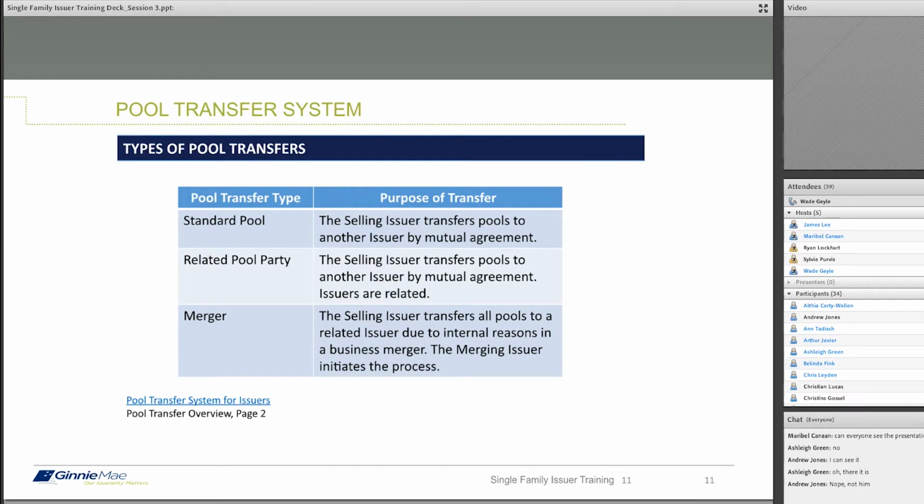You have the standard pool transfer. The selling issuer transfers pools to another issuer by mutual agreement. Then you have the related